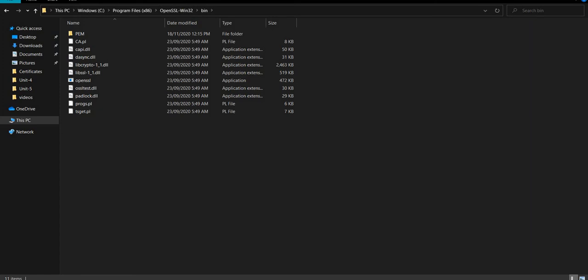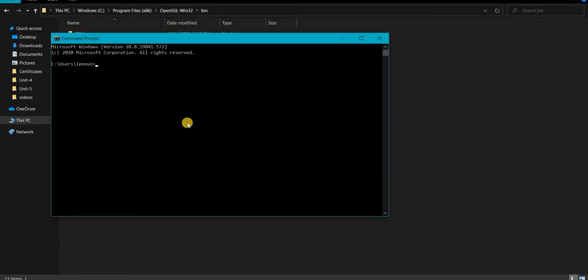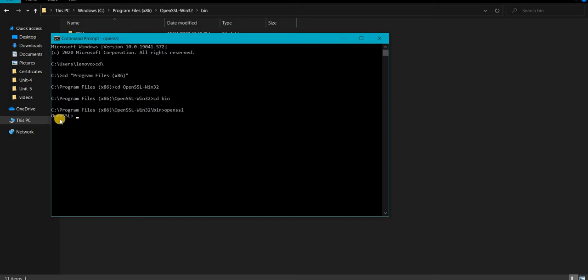So on the command prompt, you go to the directory. cd program files x86. This is a directory. In this there is OpenSSL, and go to your bin directory. Now you are in the OpenSSL bin directory. Now type the command openssl. As soon as you enter the OpenSSL command, the prompt is changed. It is now the OpenSSL prompt, where it accepts all the commands.